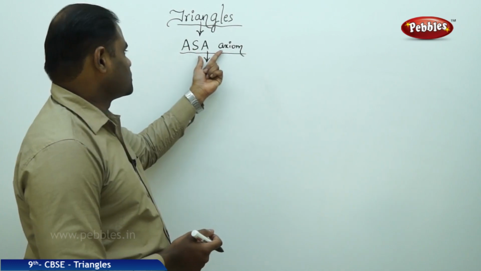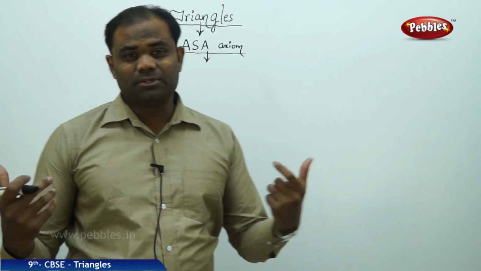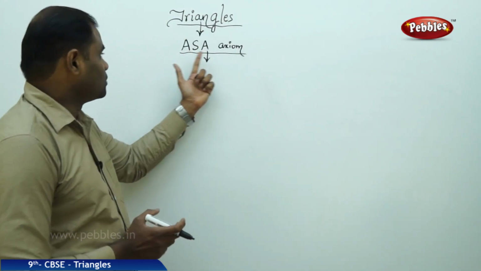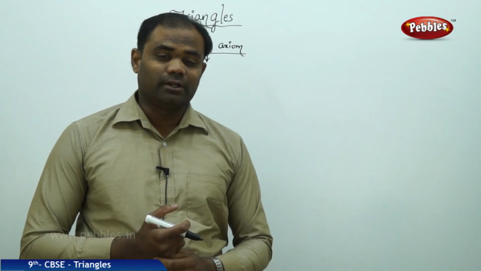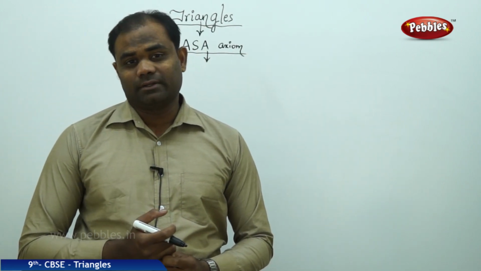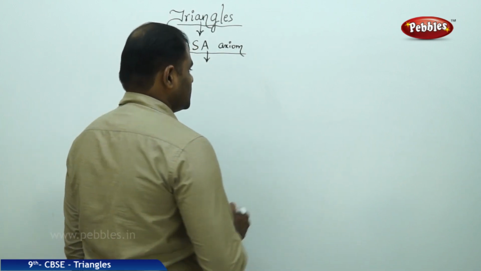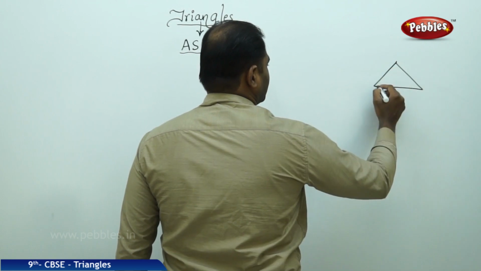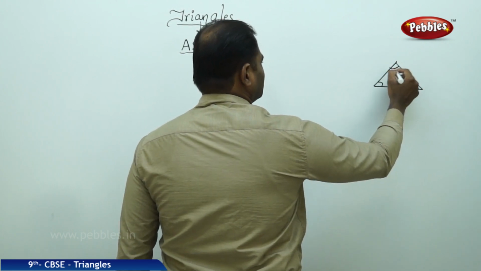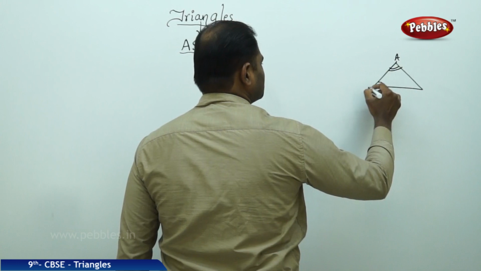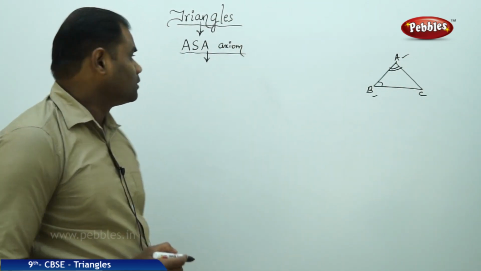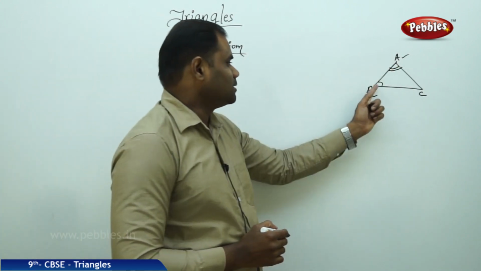Imagine there are two angles given. The side in between the two angles is the included side, or the side which has the two angles connected, is how we understand the inclusive side. Say for example, I have a triangle ABC, given that angle A and angle B, then the inclusive side between the angles is AB,